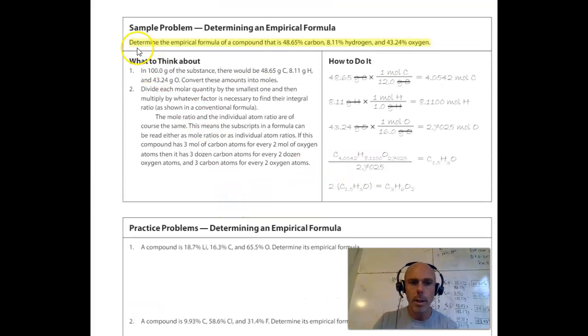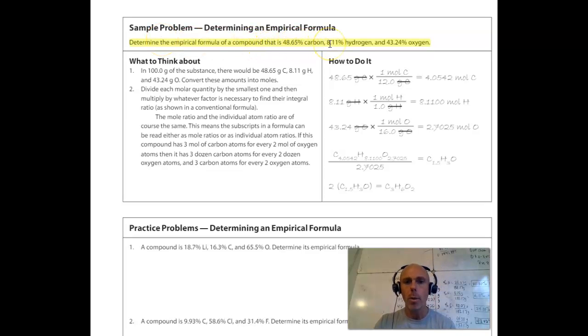So we'll do the same thing again this time. I'll walk you through this sample problem, and I flipped my page. I'm now on page 147 of the ebook. And then I invite you to try a practice problem on your own, and then you can compare your work and your answers to mine. So we are being asked to determine the empirical formula of a compound that is 48.65%